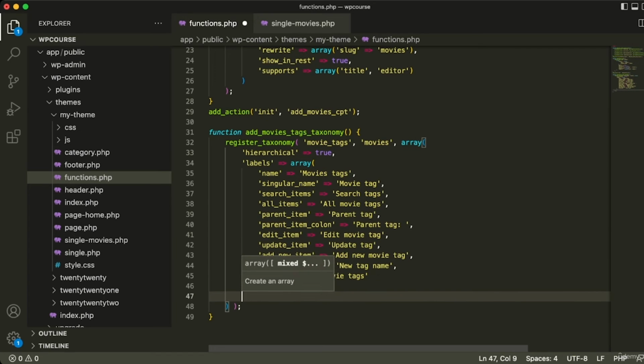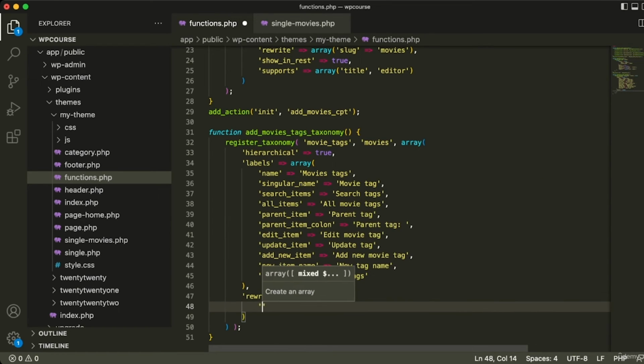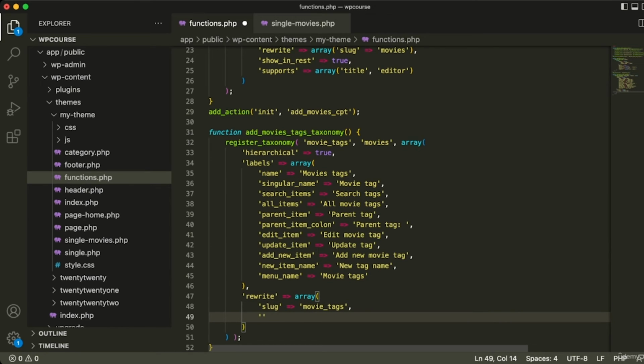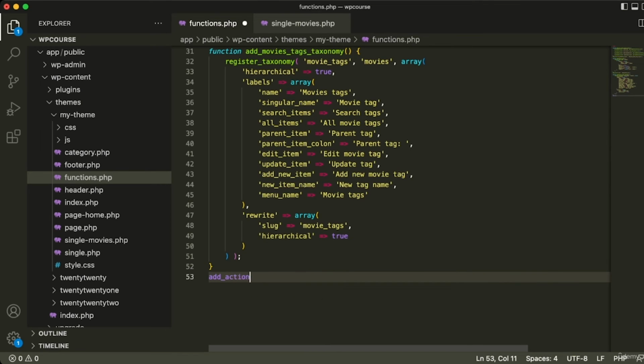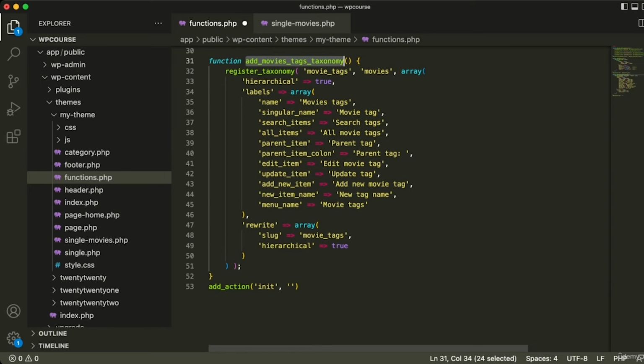Next, let's create a rewrite, and here we control the slug that will be used in this taxonomy. So we create here a rewrite array, we type here slug, it's going to be named movie tags, and we need to type that this will also be hierarchical. So we type here hierarchical true, and now we also need to call the init hook to initialize this taxonomy,